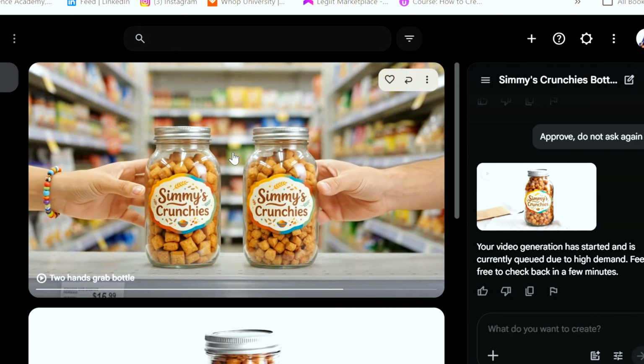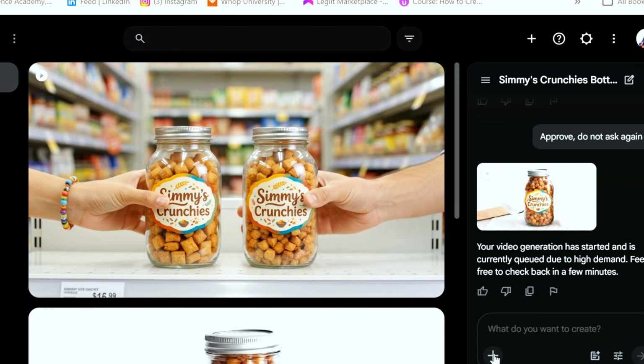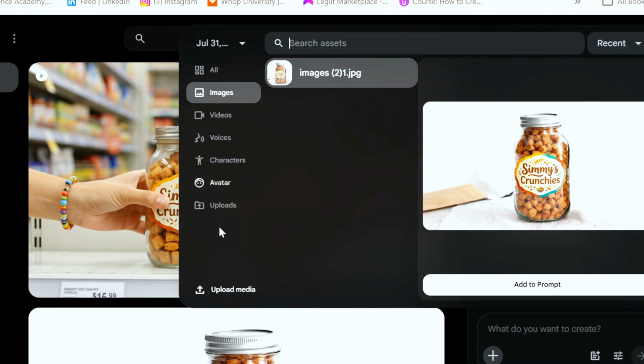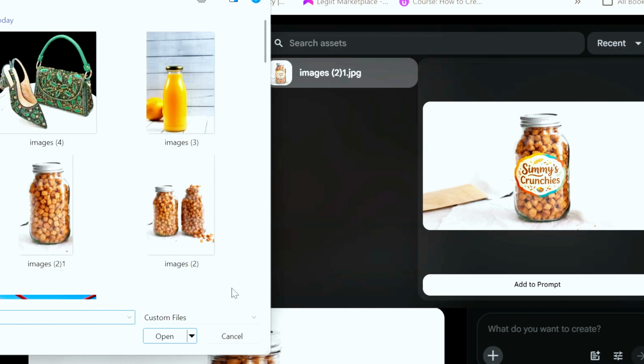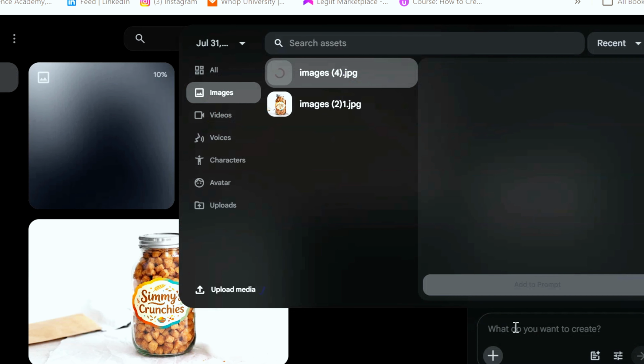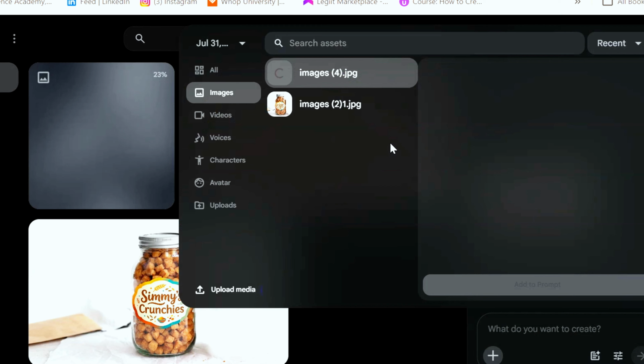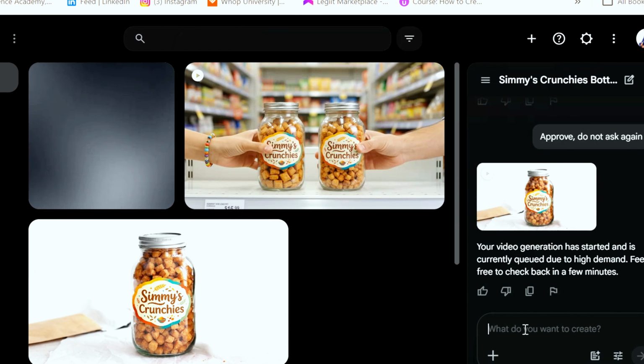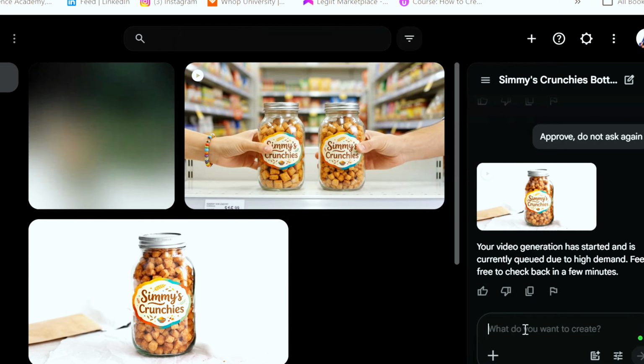Let me do one more. So you already have the image. You upload the media. And which one? Okay, let's use this. Now it's loading. While it's loading, let's write our prompt. Our prompt is